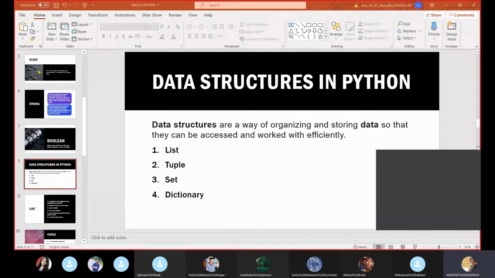In general, data structures are a way of organizing and storing the data, so that they can be accessed and worked with efficiently. The types of data structures in Python are list, tuple, set, and dictionary. Coming to the list,